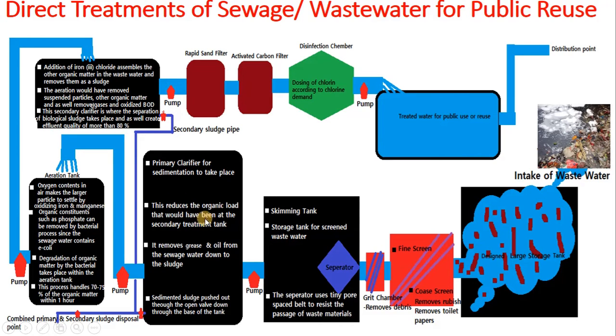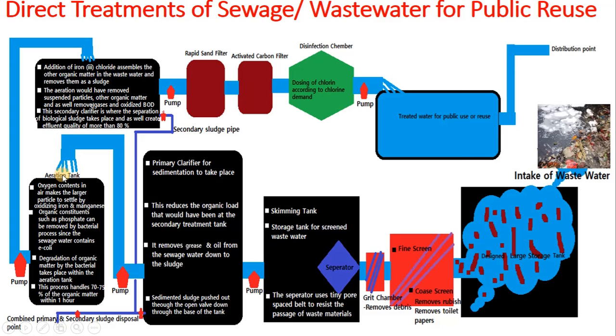The organic load is removed with the help of the primary clarifier and sediments down to this point, which the sludge will now pass through. When this valve is open, it will pass through into this disposal point. So the sludge will be disposed at this point. Thereafter, you close this valve, and the sewage water will now flow through this point